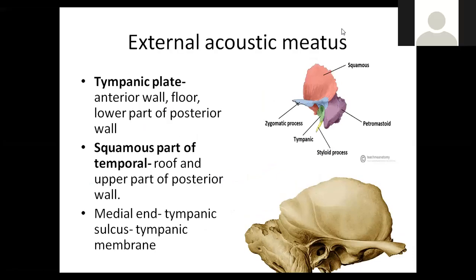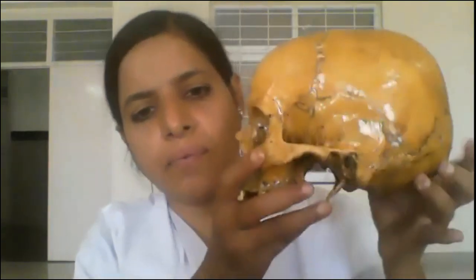The bony part of the external ear which remains in the skull bone. See where I have just kept this one. Okay, I'll just stop sharing so that you will see where we have the external acoustic meatus. See this hole, this one. Okay, this is our mastoid process. Right in front of the mastoid process, you are finding this hole. This is external acoustic meatus. So nearby bones will be given different labelings.